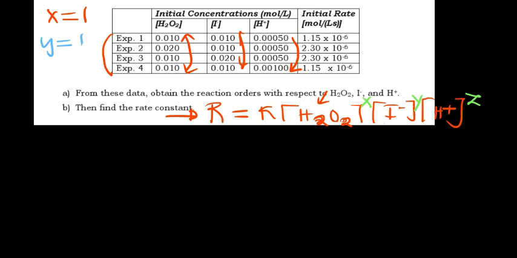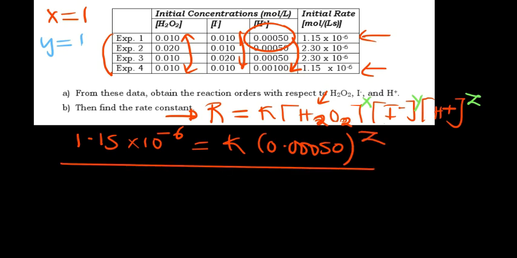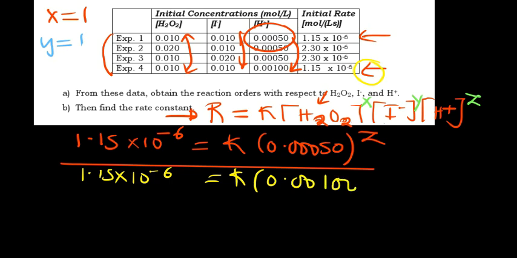So equally here we'll consider just the rate, actually the unique part is the rate. So we'll say 1.15 times 10 to the power negative 6 representing experiment 1. I'll only consider the part which is changing, which is that one. So 0.00050 raised to the power z divided by the second one, or actually the last one, the fourth one. So that would be 1.15 times 10 to the power negative 6 K, and then there it was 0.00100. Okay,